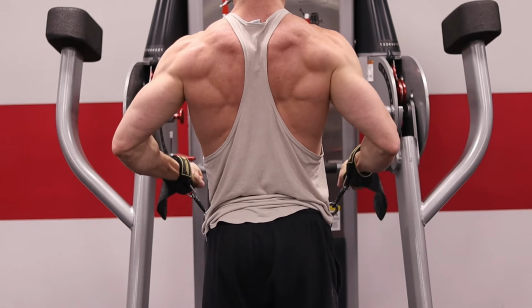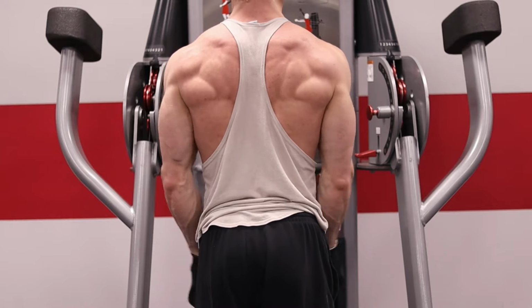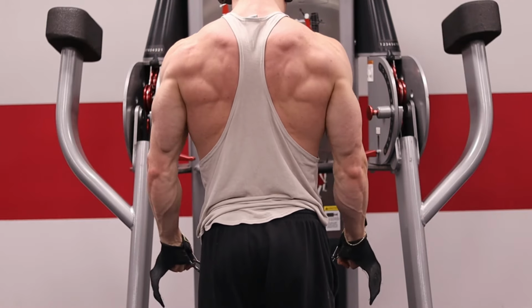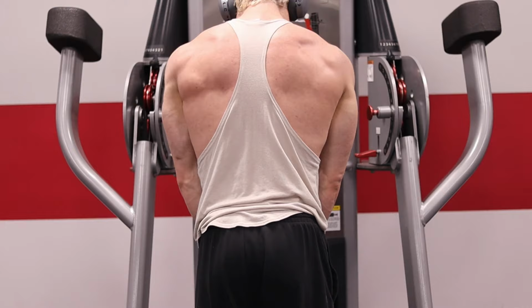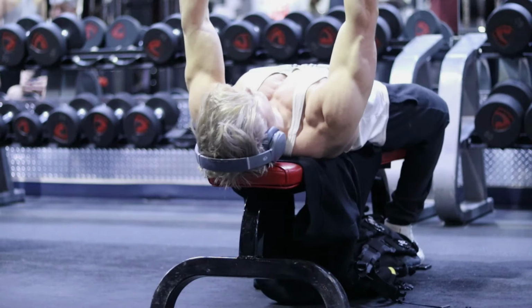And this kind of helps you just go beyond failure. So get some extra reps in, almost just like an easier version of lateral raises and upright row. So I did like 7 reps there, and then an additional 5 reps with the upright row. Moving to